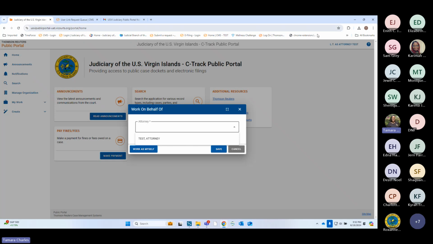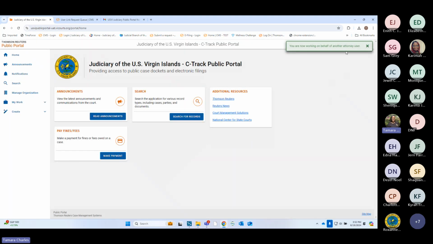So if I go into my profile, as long as it says on behalf of, you have to go and choose the attorney. This is the same as you do now, but you have to be sure that you're paying attention to who you're filing on behalf of. I know it's a pain point for a few people who have the ability to file for multiple attorneys, but that is really just how the system is set up. So if I were able to file for multiple attorneys, then I would choose which one I'm filing for. In the test portion, we're just going to say I'm filing on behalf of that attorney.